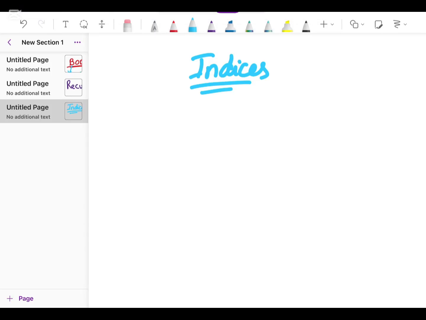So today's class topic is indices. Basically, indices is the plural form of index, which represents the exponent or power of any number or variable. For example, first you need to understand the basic concept. For example, we have a number 3, and we have 5, and we have a variable a, and we have